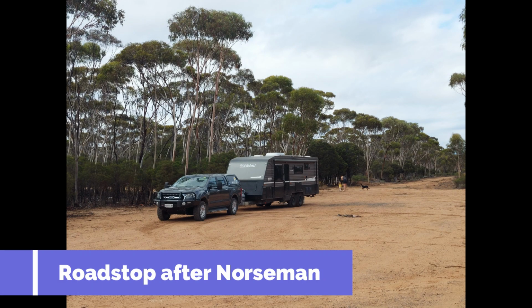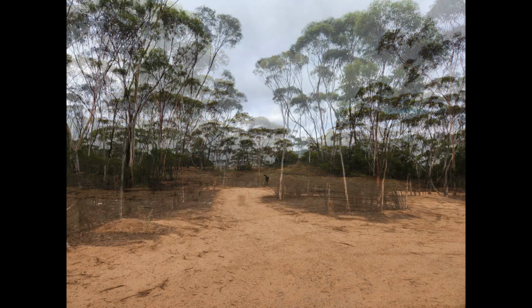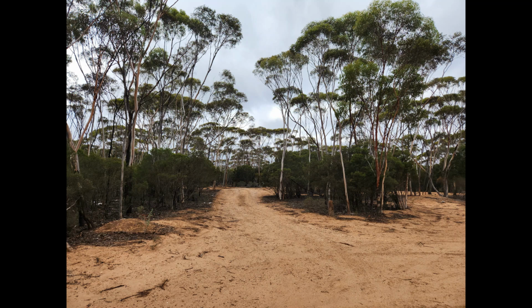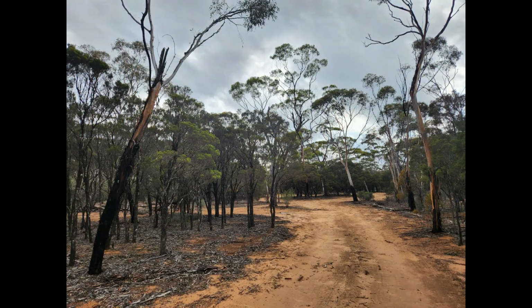After that, we hit Norseman up. Wasn't really much of a look around there. On our way to Grass Patch, we stopped at another little roadside stop that we really enjoyed. You can actually camp here as well. But we continued on to